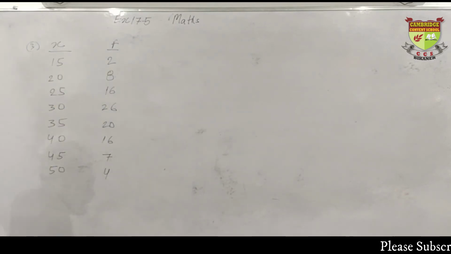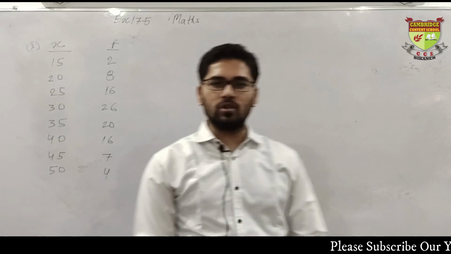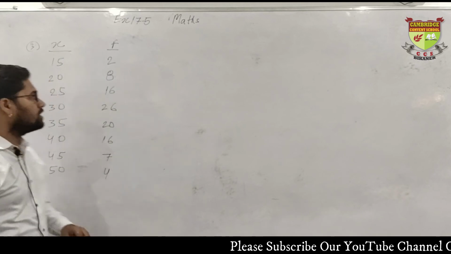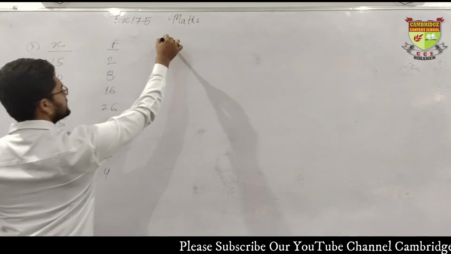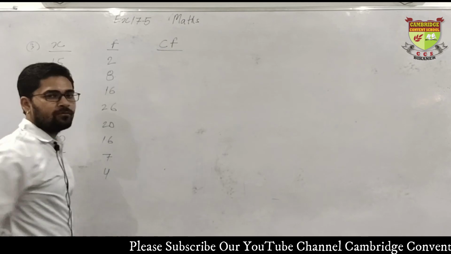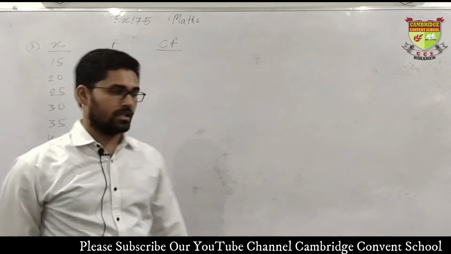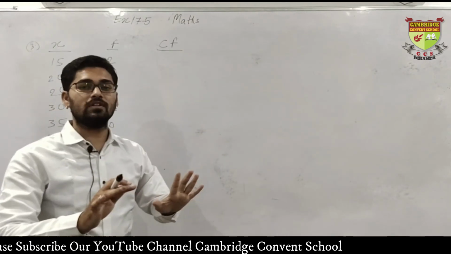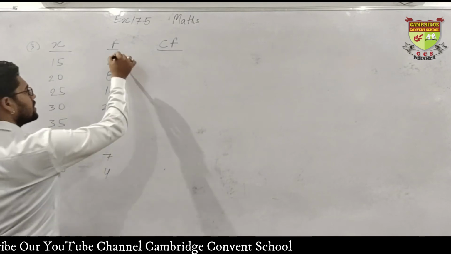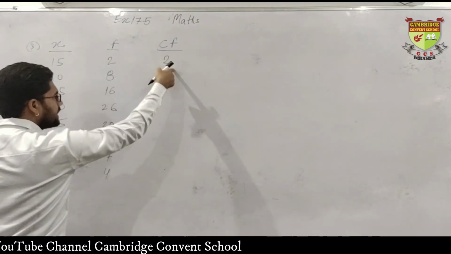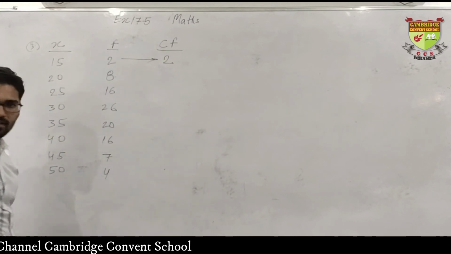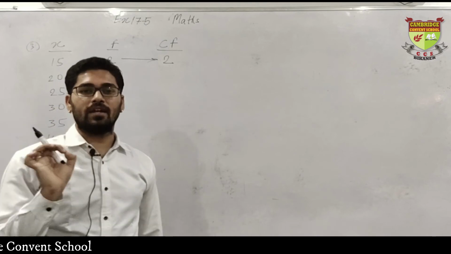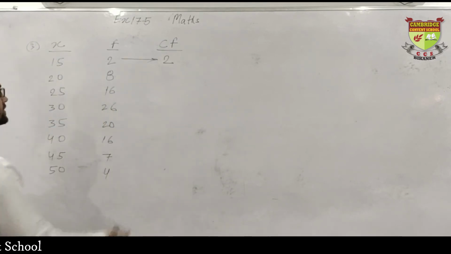X and f. How will you solve the median? If the median is in tabular form, it is a different way to solve this. See what is this. So we are given f. Now write CF. What is CF means? Cumulative frequency. This f is frequency, this is cumulative frequency, means addition. How will we add this? See this, very easy. 2 is here, write this 2 as it is. Write this 2 as it is. Now how will you add? Add in an inclined manner, and see how will we add this.